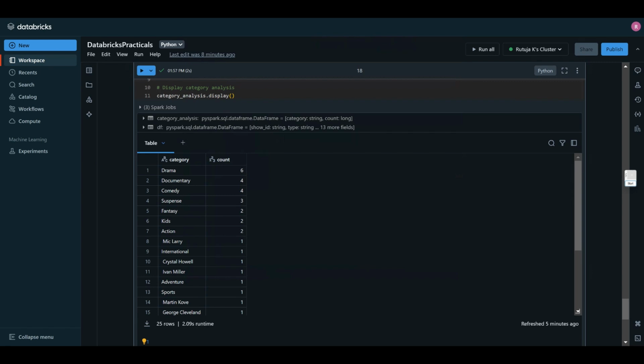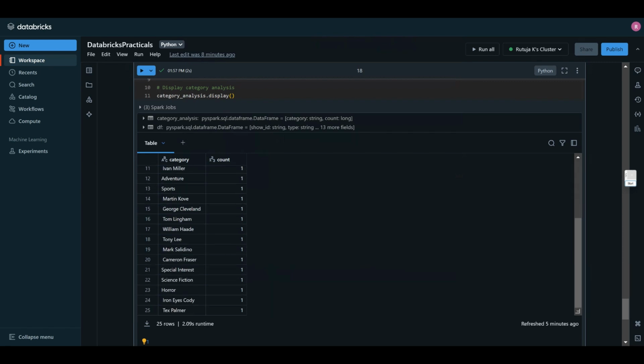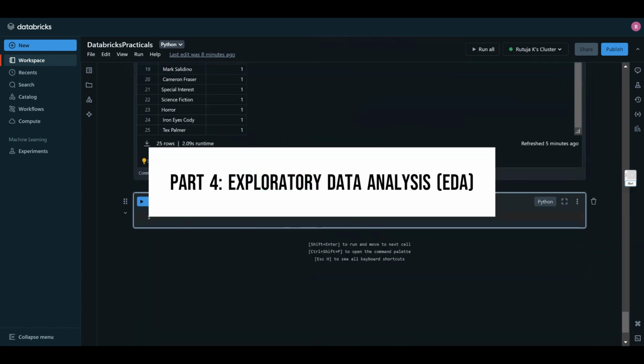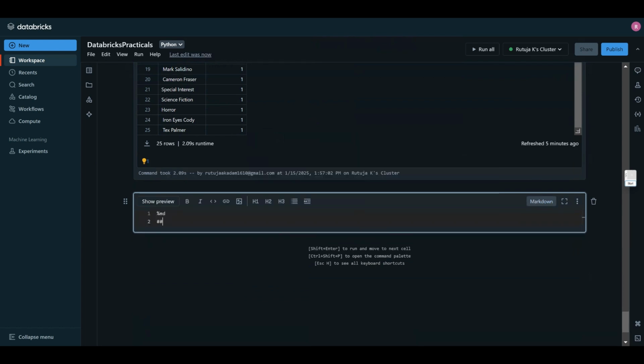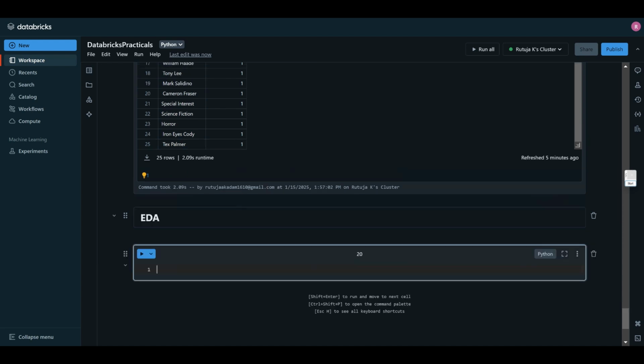Now the next part is about exploratory data analysis. So now we'll explore that part. I'll just give one title for that. Okay, so we will explore the dataset to understand the distribution maybe of content types, release years, or maybe the popular categories. So first we'll try to understand